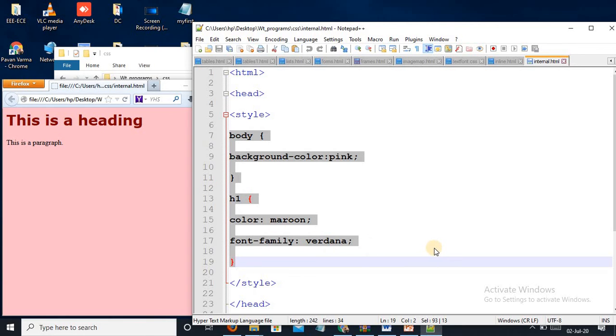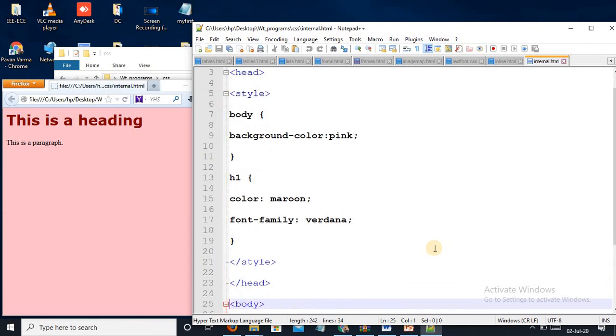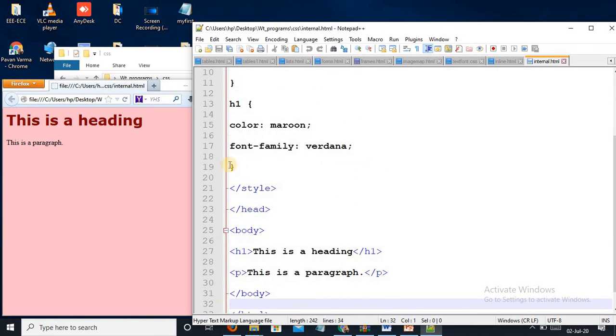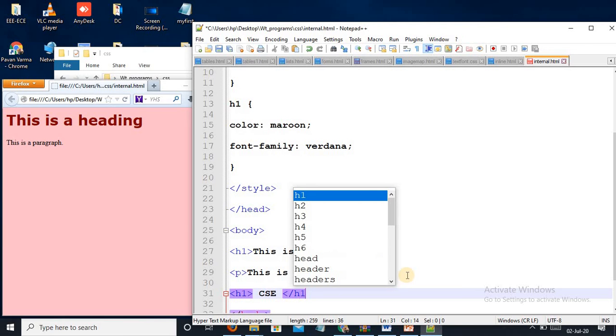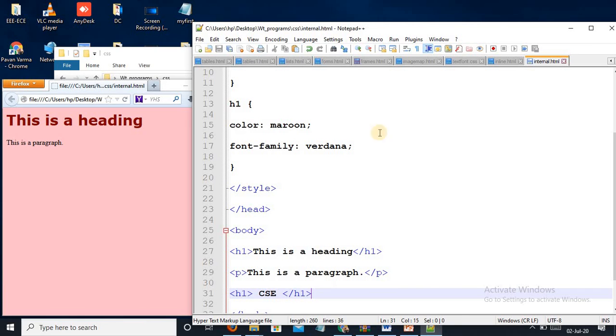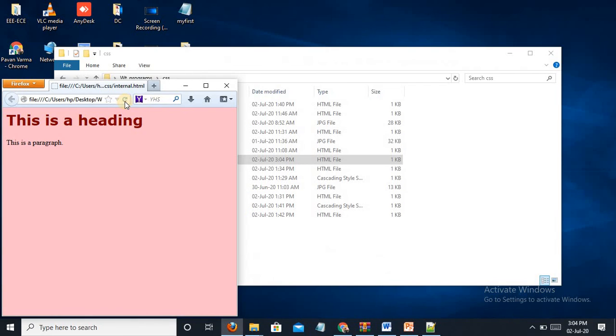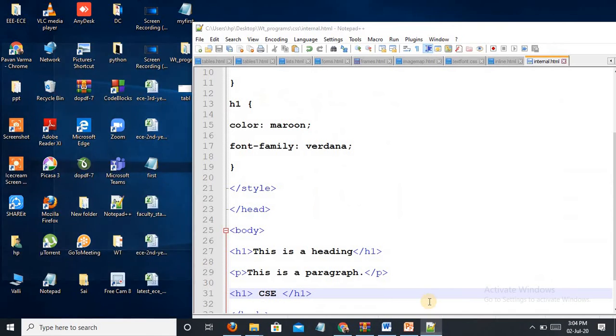I have given the font family as Verdana, and it is showing. If I give some other H1, all these H1 properties will be applied to that also. Check this. So this is maroon. So this is the use of internal CSS.